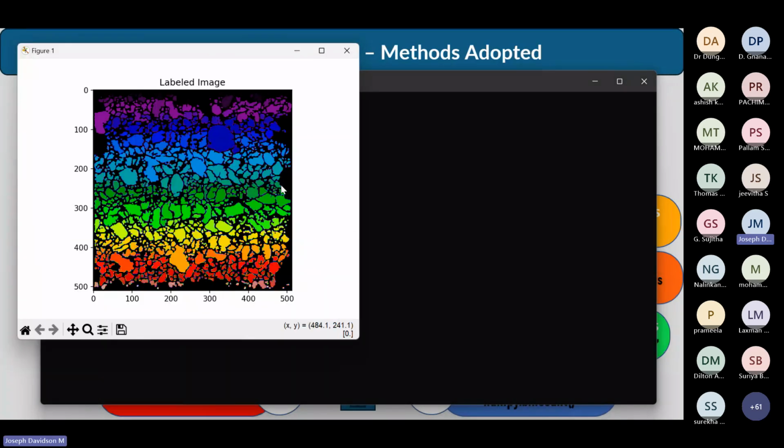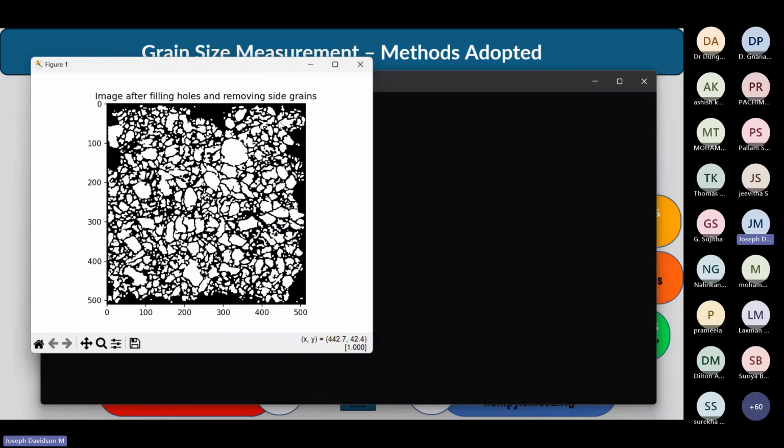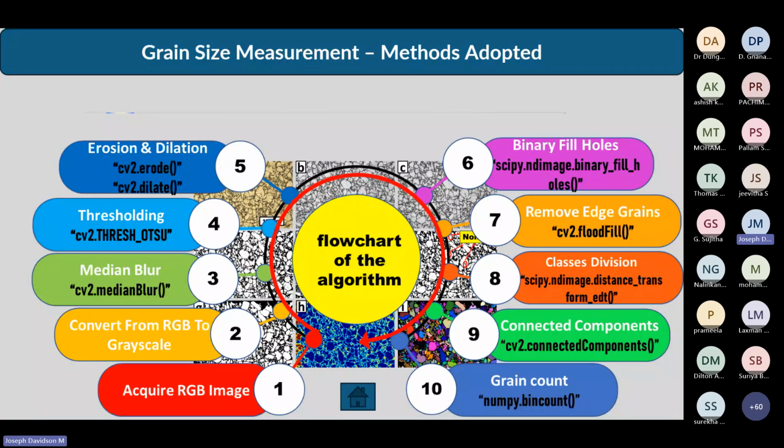And this is, as I told you, labeling. Once the erosion is done, the dilation is done, and the filling is done, you put a set of dimensional data into it and give some color coding to it, so that later when we count the image, we can easily count. That's why we have given some colored labeling to it. And we have removed the edge. As you can appreciate, on all the edges there were grains previously. Now they have been removed, right?